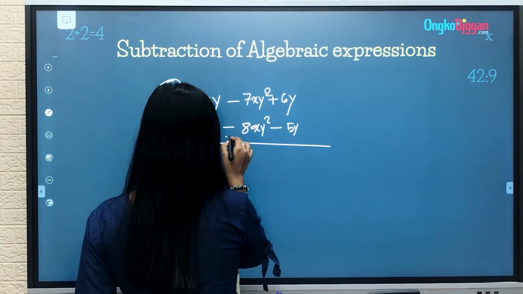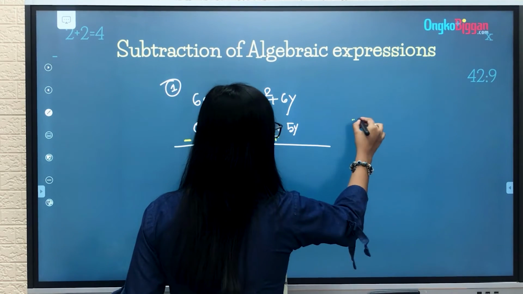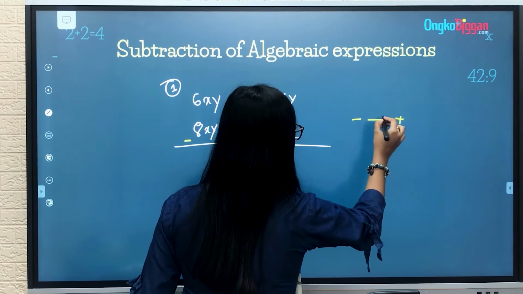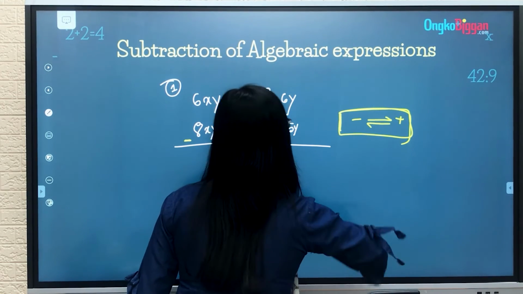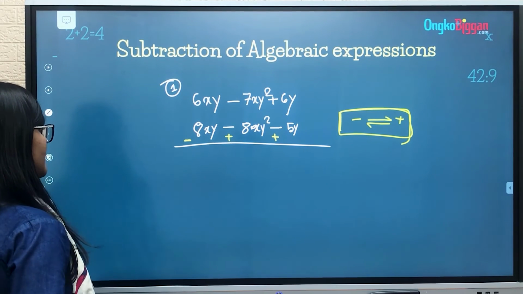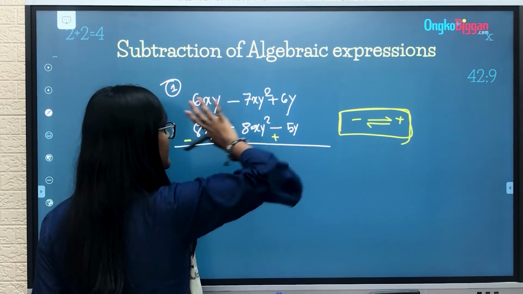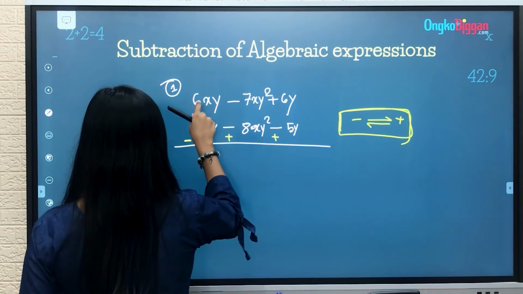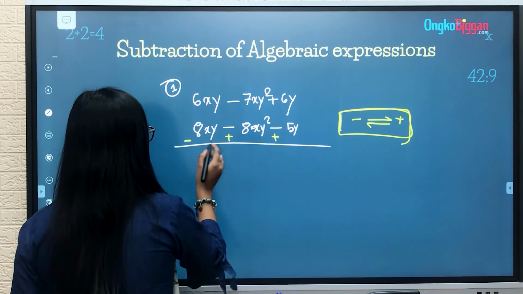Then this minus will be plus and this will be plus. That means minus will be plus and vice versa. We have to follow this rule. So here what we will do now is 6xy minus 8xy. Now we will do regular summation. So minus 8xy plus 6xy will give us